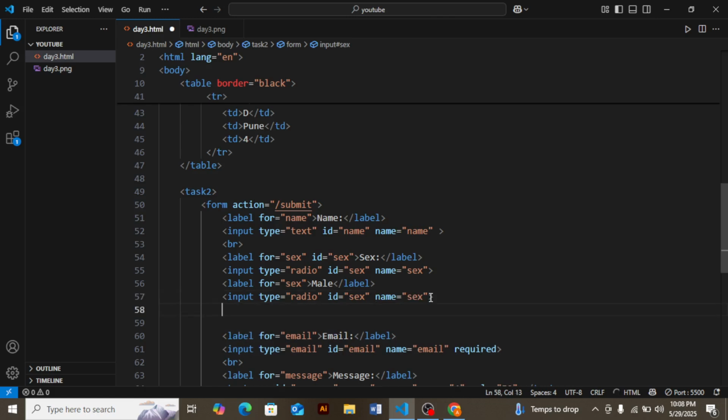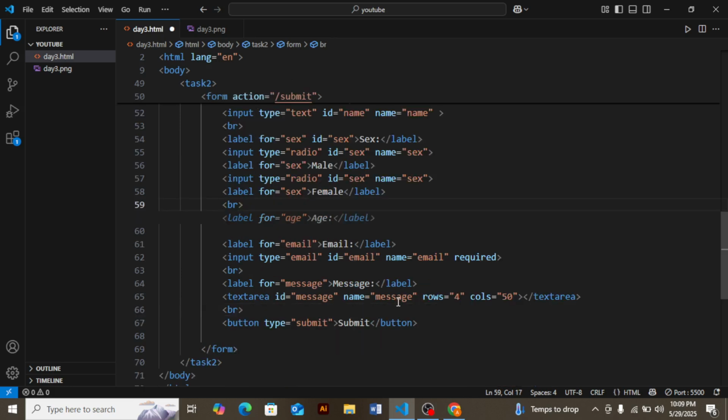This is the input for female. Now write the label for female. Female. Create the br tag.